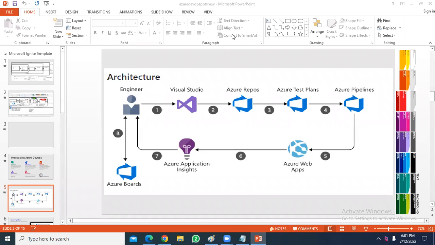Sir, I'm working as a Java developer. I have 4 years of experience. So, sir, how will Azure help as a backend developer? Since you are working as a Java developer, you can put up 4 to 5 years of experience. As a part of our course, we are going to take 2 types of projects. .NET, I'm going to take. Java also, I'm going to take. So I'm going to build 2 types of projects. For both, how to build the application, how to deploy the application, everything I'm going to show.